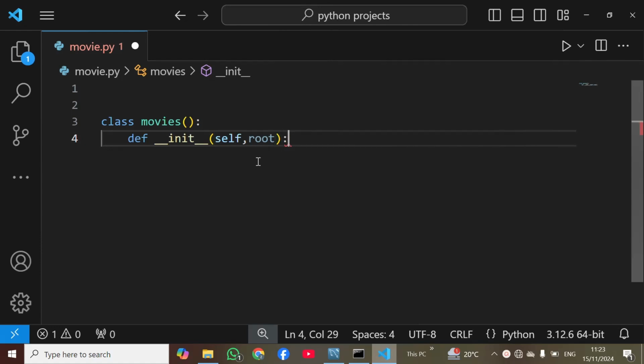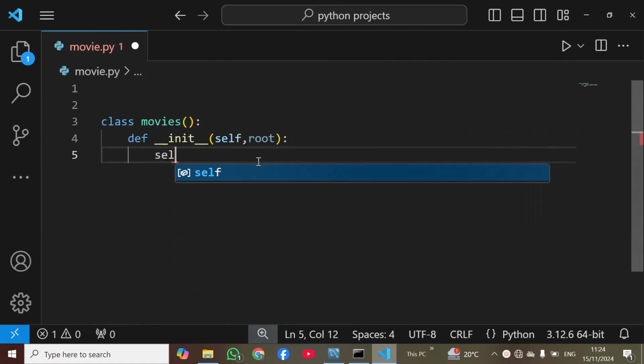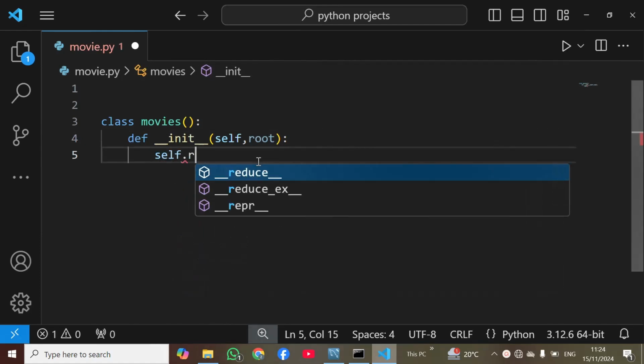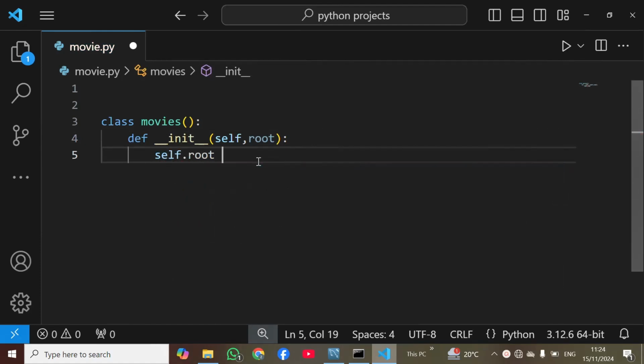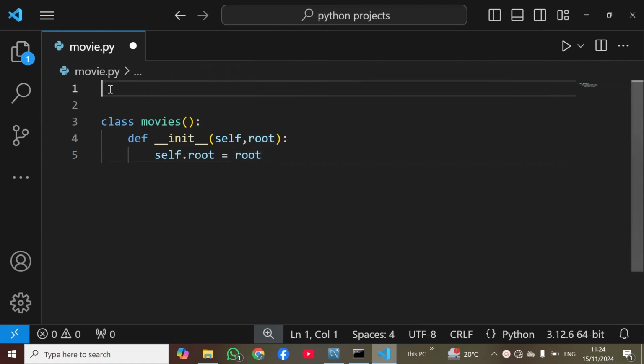So now I have to initialize this root. Okay, self dot root. I will initialize it with root, with this root. So now what is this root? This is an object for our class, or sorry, in fact this will be the object for our main window. So here I will create our main window first,